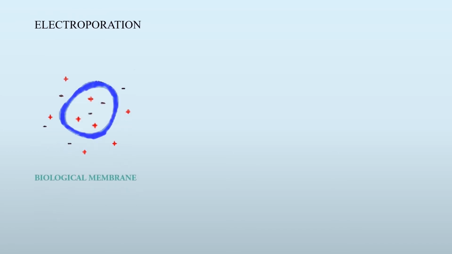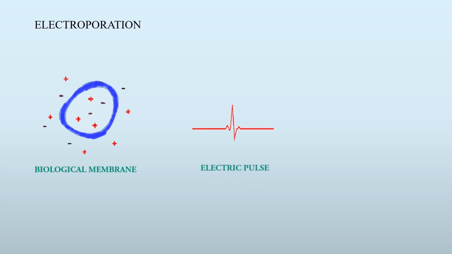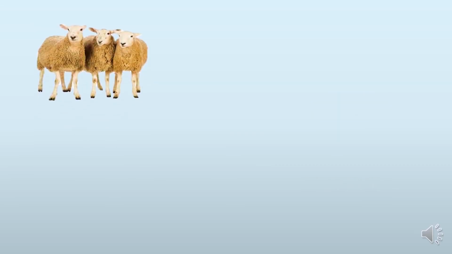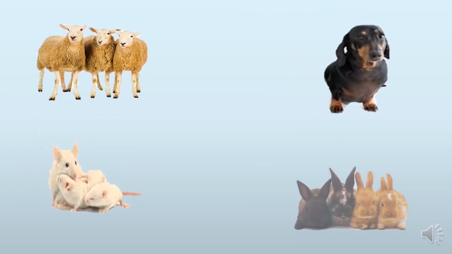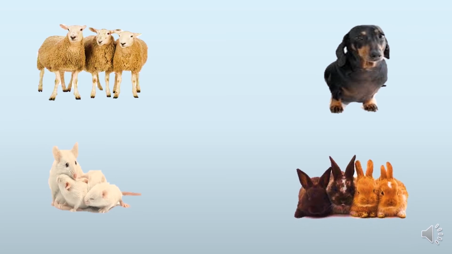Electroporation. Electroporation is a technique in which pores are formed within a biological membrane using electric pulse. This method is used to transfer the foreign DNA into the host cell. This process increases the transformation frequency. By means of this process, the bacterial cell uptakes the DNA by creating permeable pores on the cell membrane. By using the electroporation method, many transgenic animals have been produced successfully. This process is time consuming and transfers a large number of cells into the host.